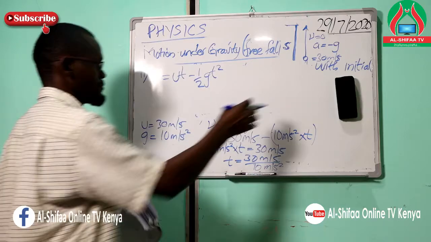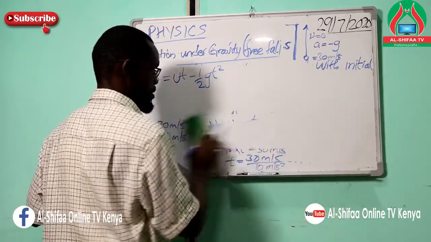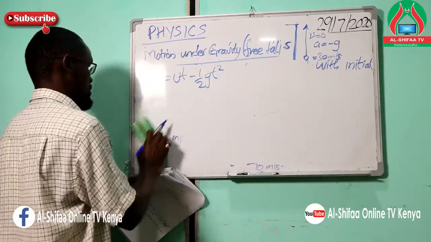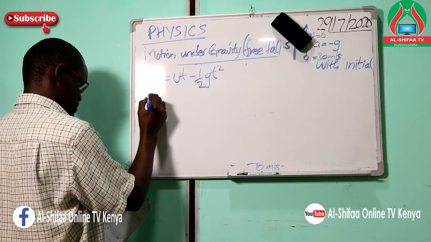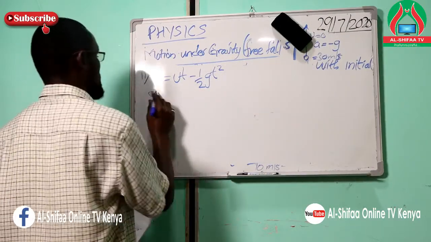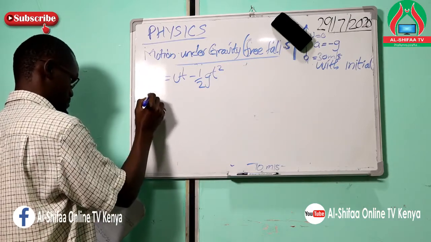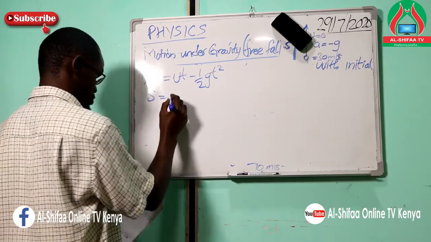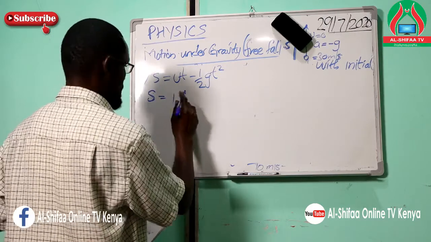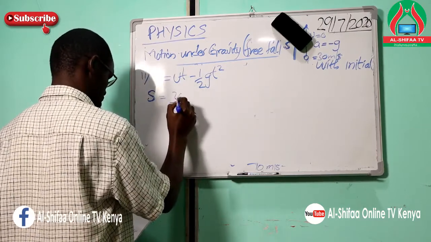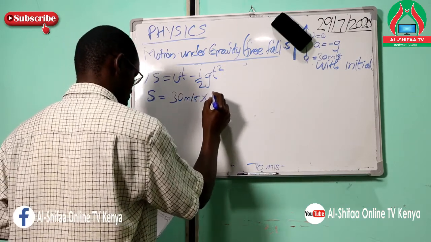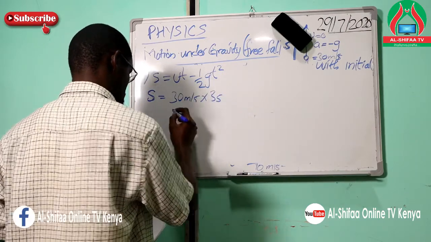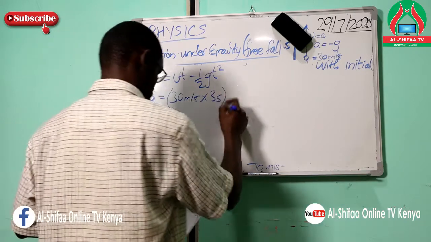We have our time and we have our initial velocity, so displacement is equal to 30 meters per second times 3 seconds minus